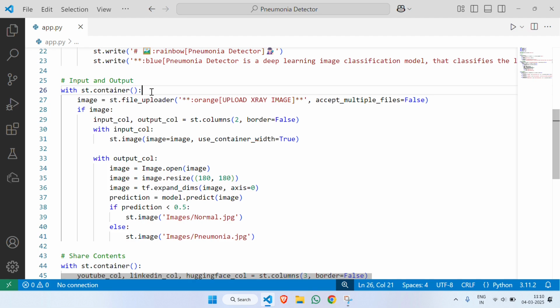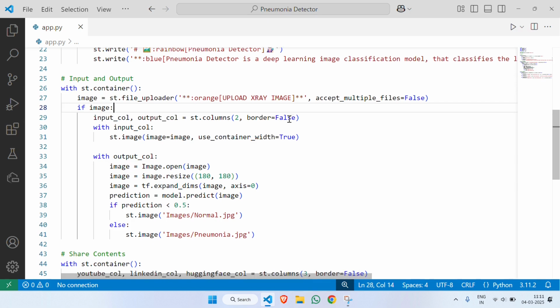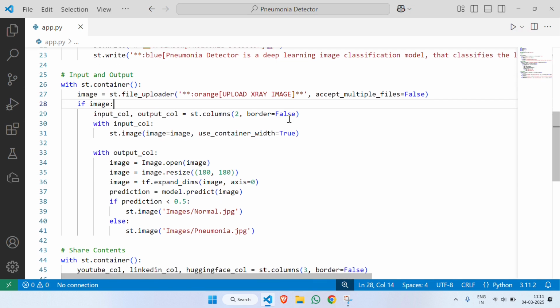At first we have a file uploader where you have to upload an X-ray image of lungs, and it can accept only one file. That's why I have set accept multiple files equal to false. And if the image is uploaded, then I am creating two columns, one for input, another for output, without any borders. Then under the input column I am showing the image uploaded by the user,